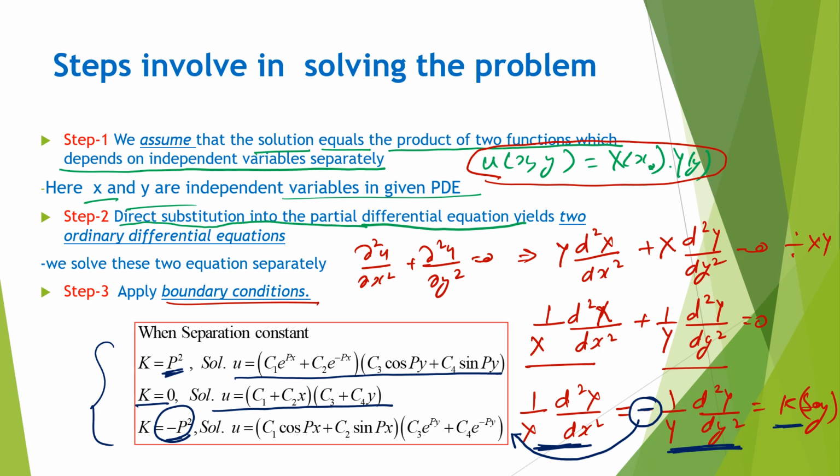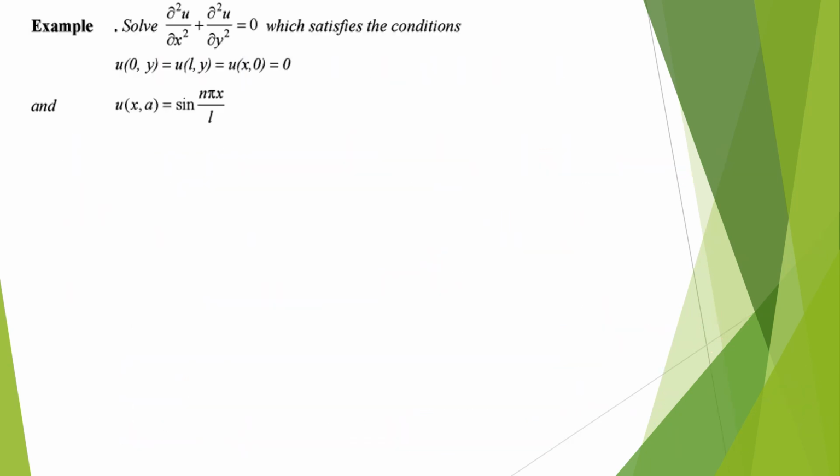But if the value of k is minus p square, that means always negative. As we discussed previously, vibration and temperature are always going to be in a decreasing mode. So this constant will be represented in negative form, so it is only minus p square. Then the solution is this. That means this is the required solution for the upcoming problems. We have to neglect the first and second case. That means this constant is always negative. This is the point.